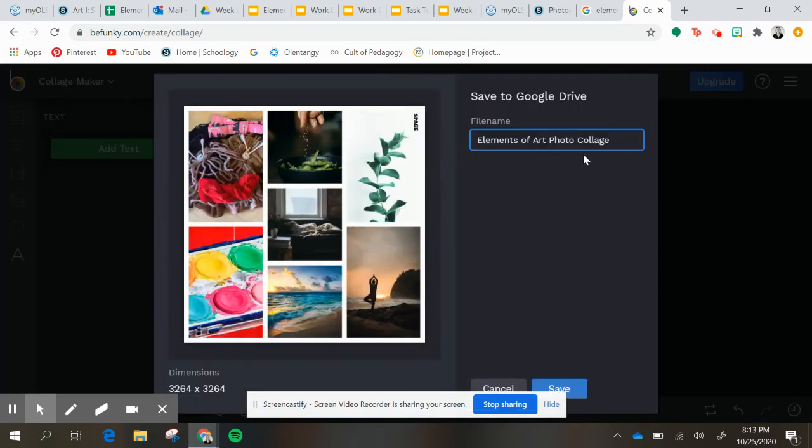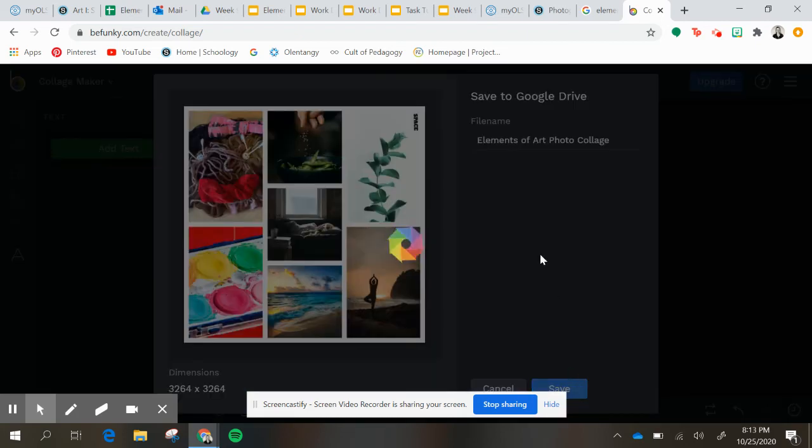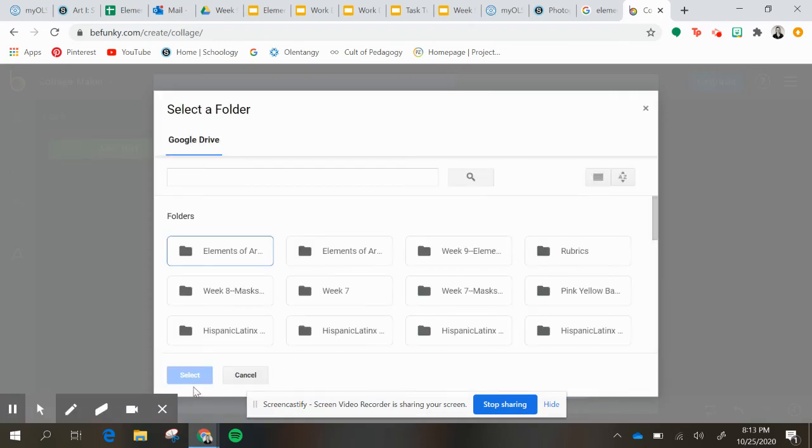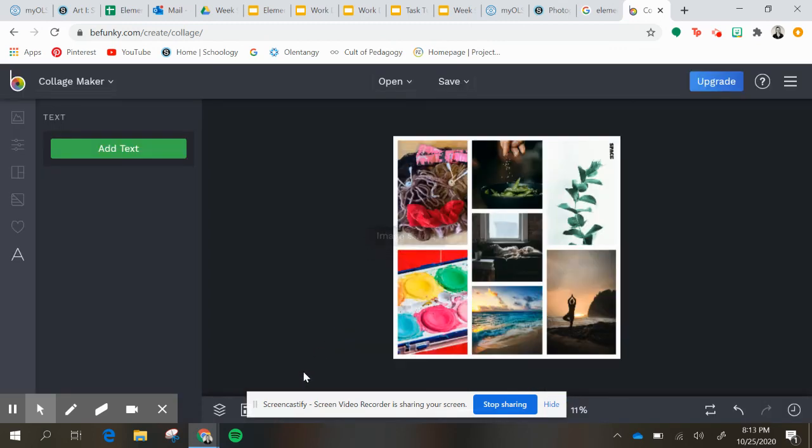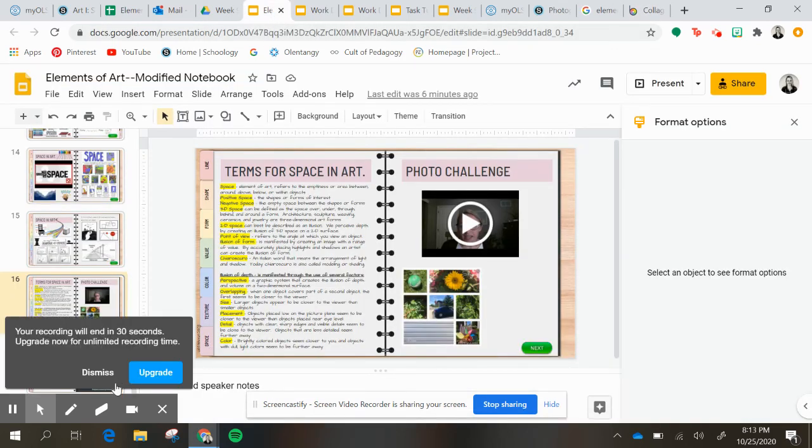And I'll save it to my Google Drive, and I'm going to save it as Elements of Art Photo Collage. And hit save. And it does take a minute to get into your Google Drive. And then I am going to select a folder to put it in. And it just takes a minute to copy into Google. Okay. And then once it is in there,